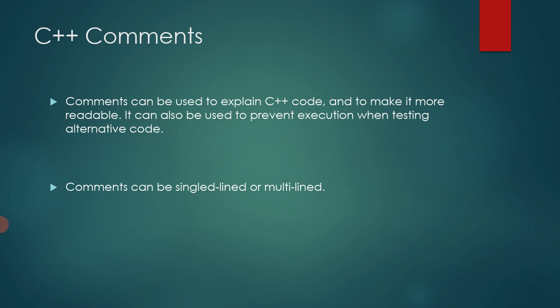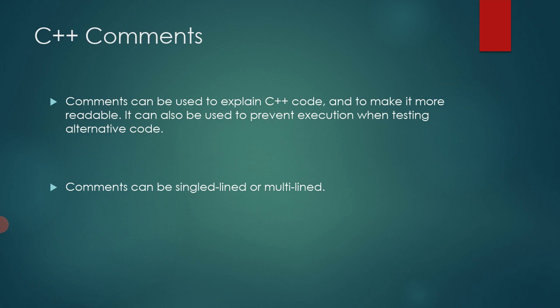So comments are a very important part of the program. It is always recommended to make use of comments while writing a program. This is the reason why we write comments, because it gives a brief introduction about the program, and it is helpful for the user as well as for the developer. Now in this section we have to study how to write comments and what the different categories available for writing a comment are.